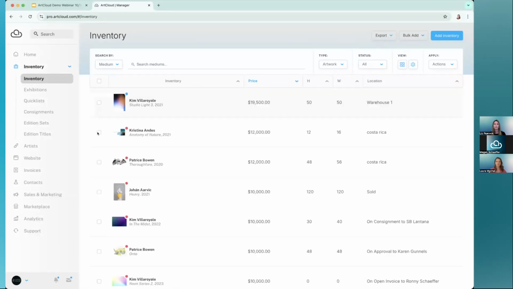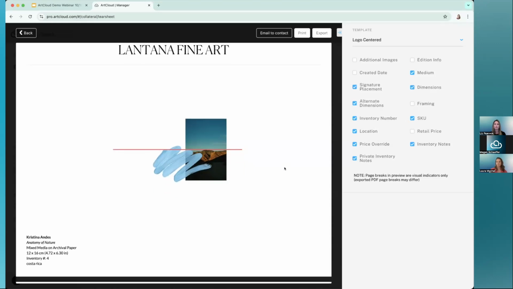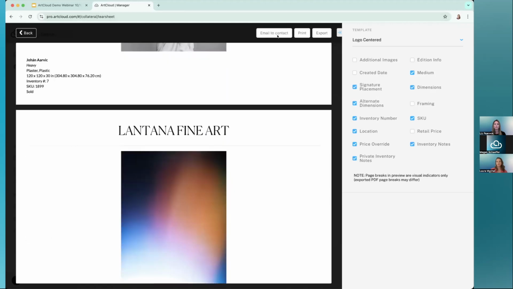Something else that I love to show are our branded collateral exports. So you can simply choose your artworks by clicking the box there and then go up to apply actions. And you have your choice to export into tear sheets, price lists, mosaics, wall tags, and certificate of authenticity. So all of these you'll be able to control the design of and what specific details you want visible on there. And then you'll have a nice, beautiful branded tear sheet that you can then email directly to your contacts